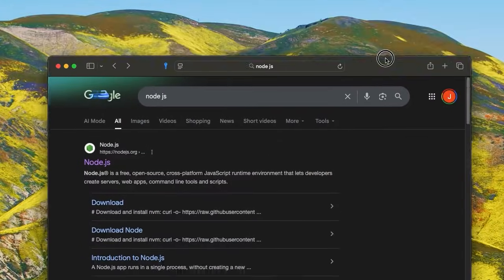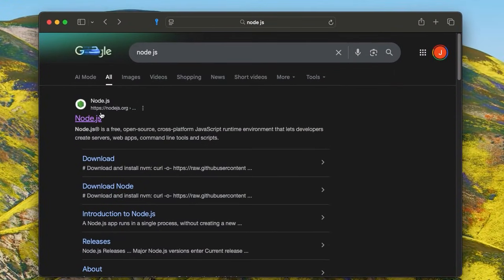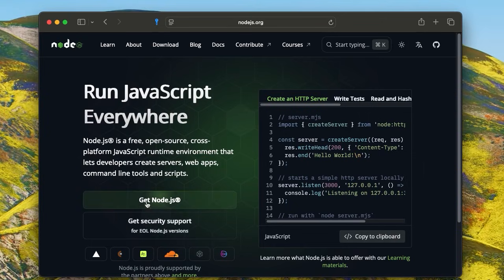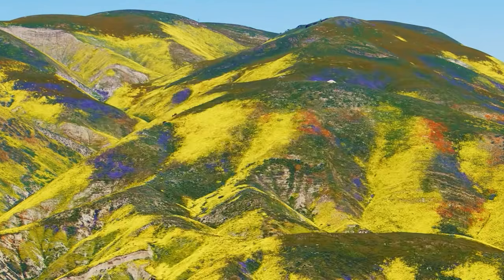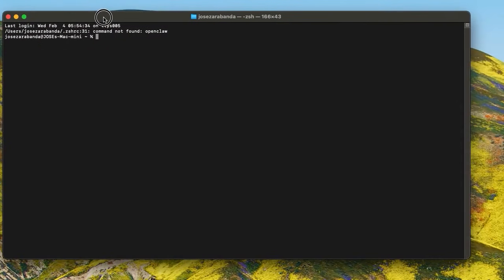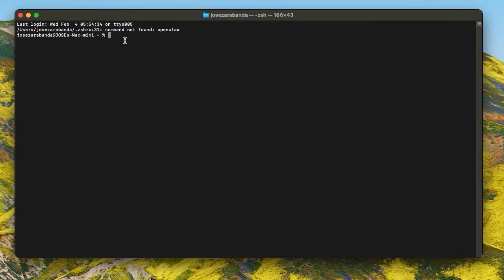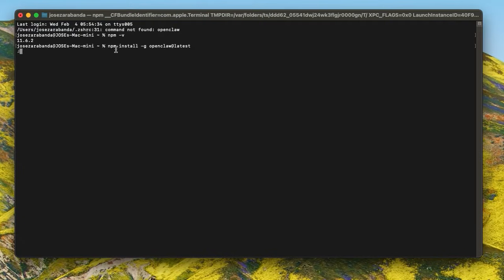The first thing we need to install Openclaw on our computers is Node.js. You can search for it and install it. Once it's done, you can open a terminal and verify it is installed with the command npm -v, and when this is good, we can move to the next step, which is the command to install Openclaw: npm install -g